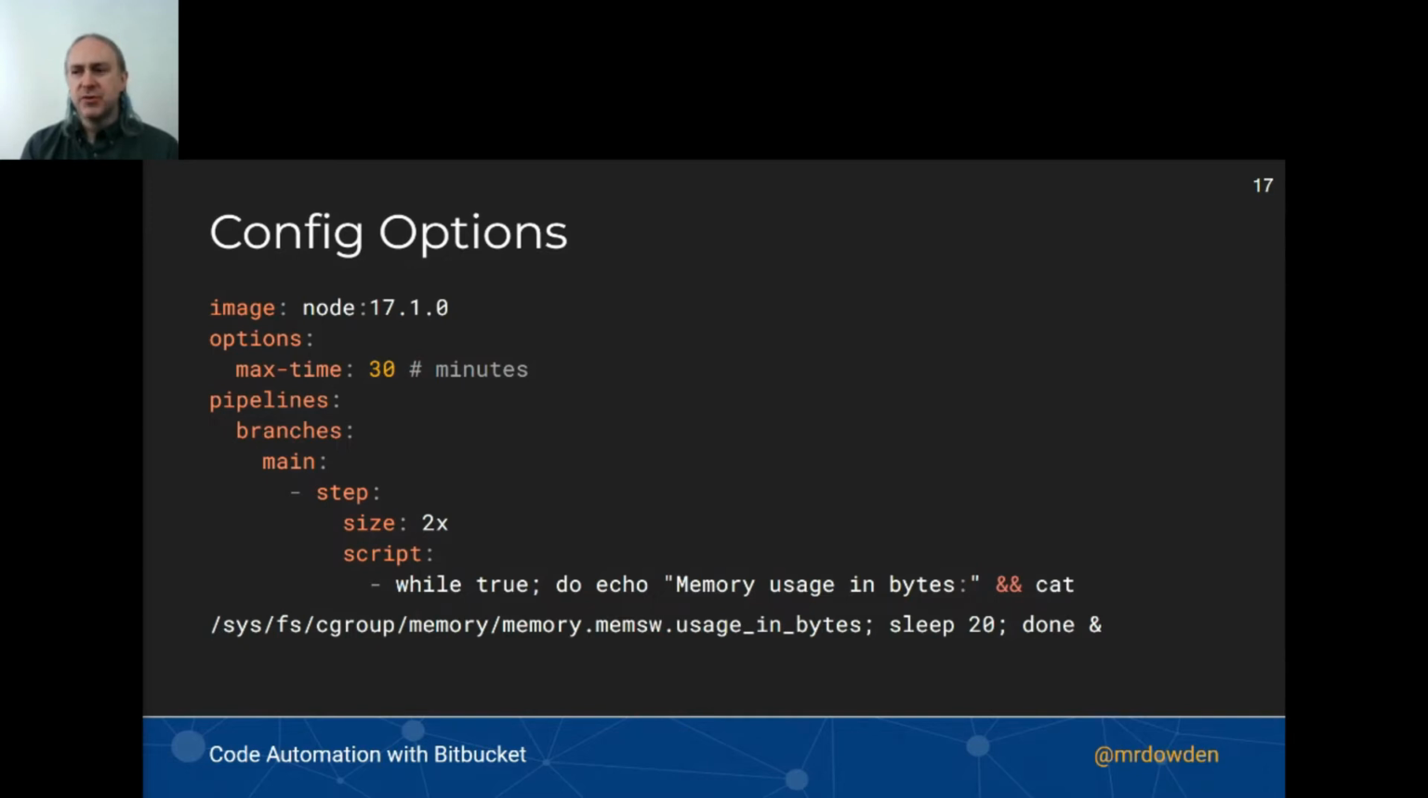And another useful thing that's very, very helpful if you're trying to troubleshoot memory issues is this script here: while true, do echo memory usage in bytes. It shows you how to print out what your actual in-memory usage is while the pipeline is running. Every 20 seconds, it's going to print out what that memory usage is. It's going to show up in the logs within the Bitbucket console so that I can come back later, whether the job succeeded or failed,